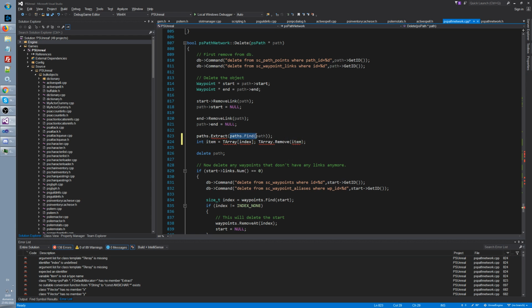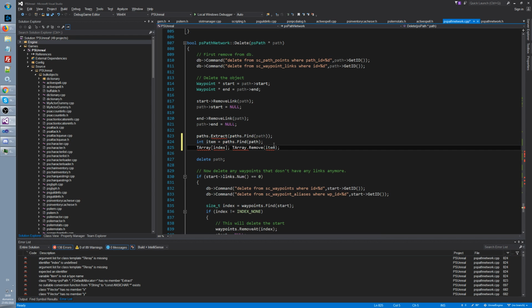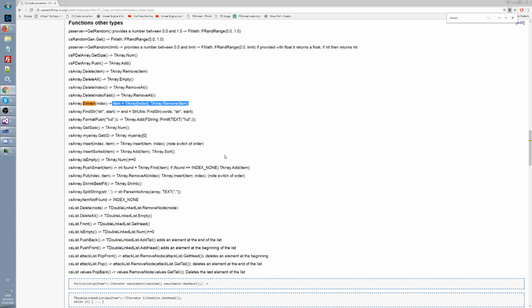So we need to declare a new int which is equal to this, and then we need to extract it, so we need to take our paths of index or item,